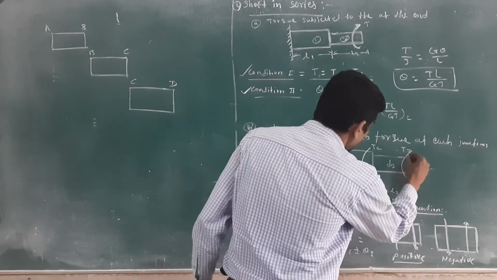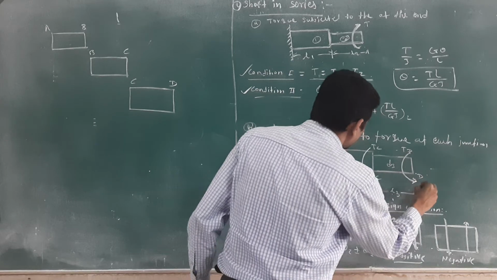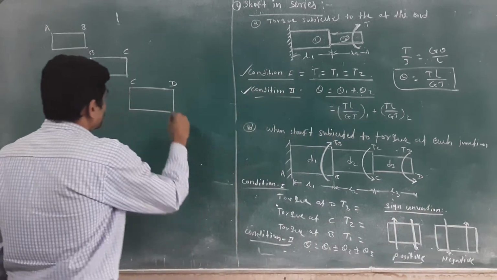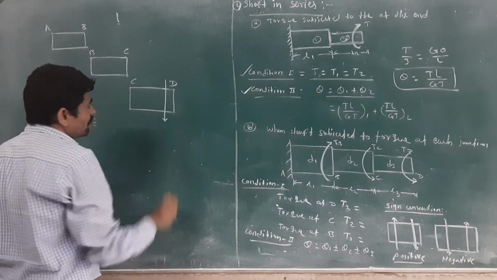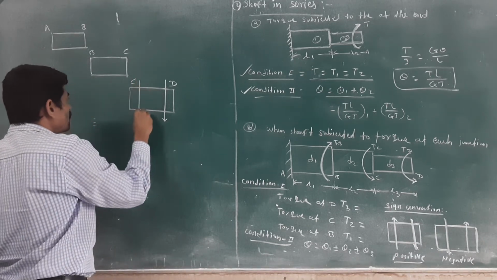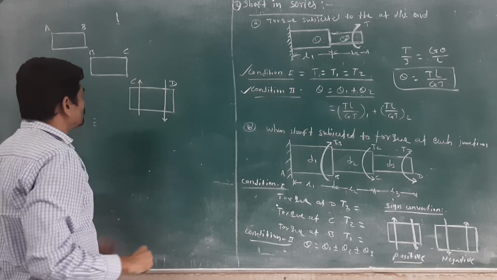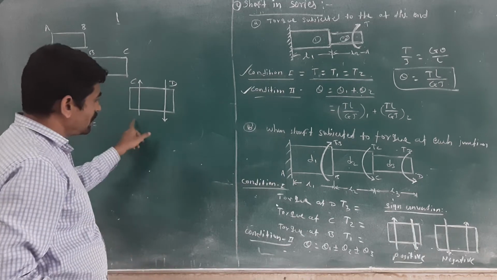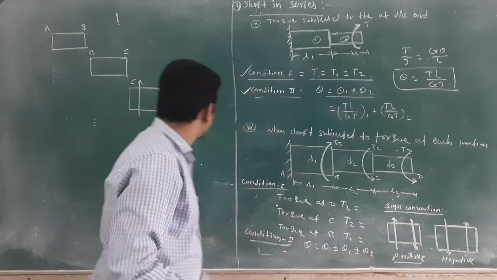Okay, here is an anti-clockwise torque at D, meaning downward direction. For equilibrium, you have to add the same torque in the upward direction, meaning clockwise direction. Then check the sign convention, you will get